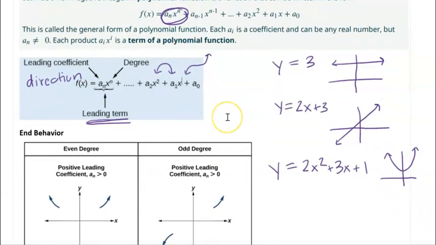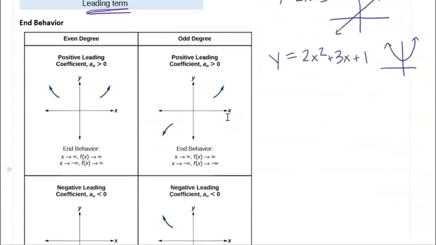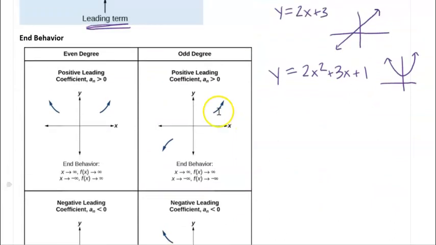Let's look at a table here and see all the different possibilities. So if you have an even degree, meaning that that leading term has an exponential power of 2, 4, 6, something that is an even number,